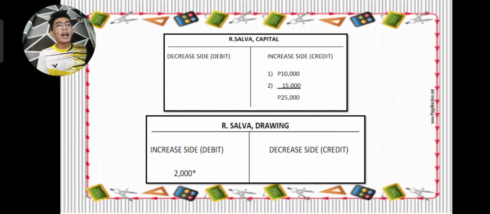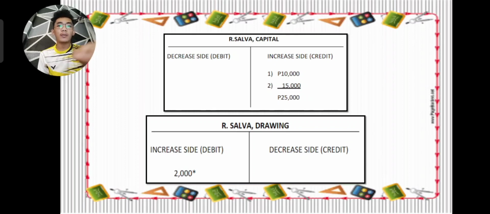Then R. Salva capital, under rule number 3, we debit to decrease a capital or credit to increase a capital. So it is not placed on the increase side, and there is no minus 2,000, because they differ in where they increase and where they decrease. So it is separated